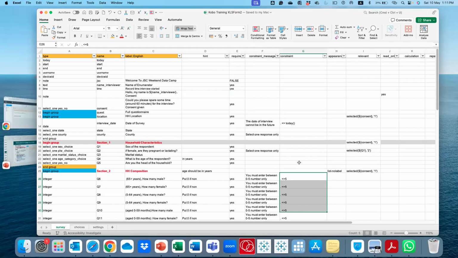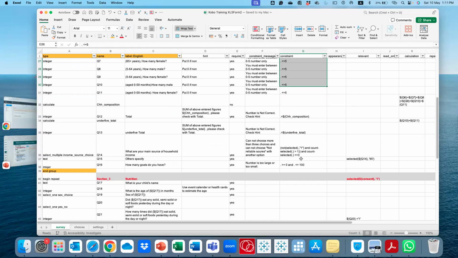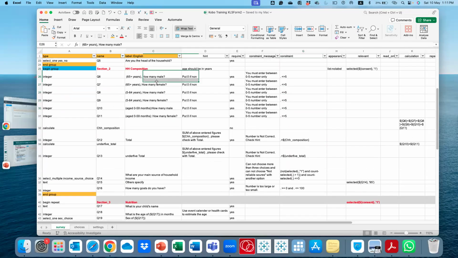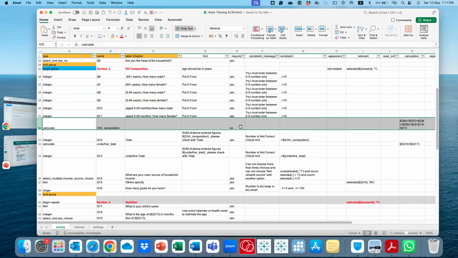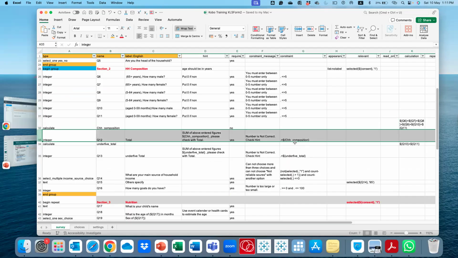The second thing that you should pay attention to, let's go one by one. Constraint, for example: after getting the total number of the household, there was a calculation that you didn't actually see, but there's a calculation in the background. When we wrote some number, an error came up saying check again, right?